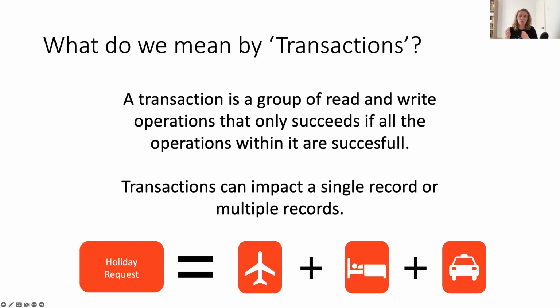So when you're booking a package holiday, the reason that often you'll need multiple read-write operations as part of this whole transaction is because to book a holiday, which is a package, you'll often need flights, but you'll also need accommodation, and you'll also need something like a car hire or taxis, some way of getting around. And if you don't have a single one of these, then you no longer have a package holiday. You just have a single flight ticket or a single hotel accommodation reservation.